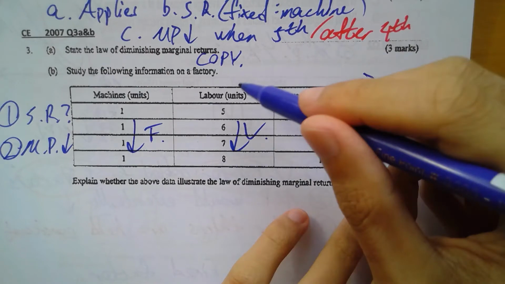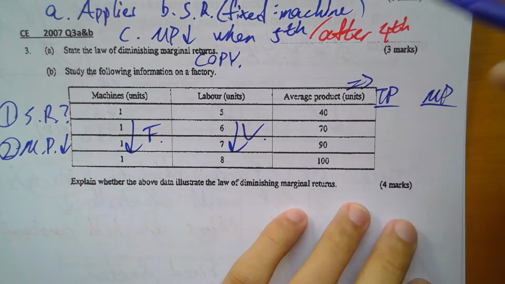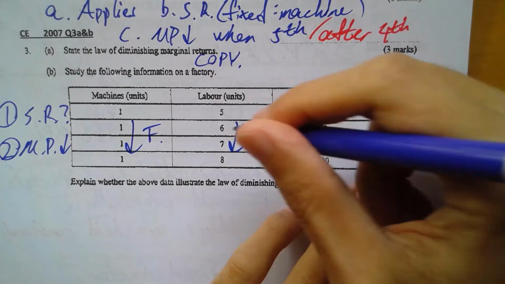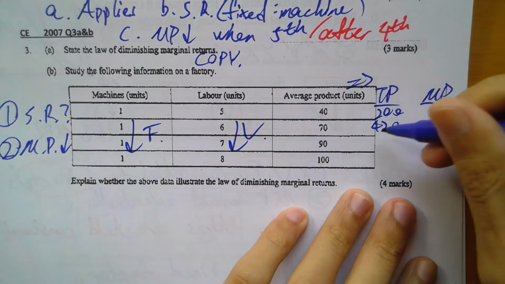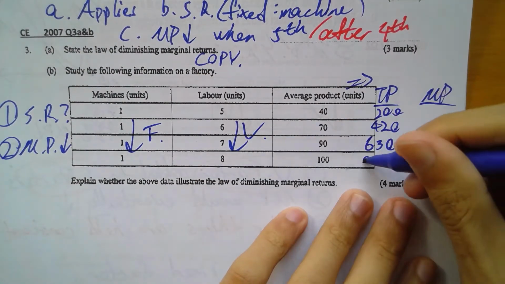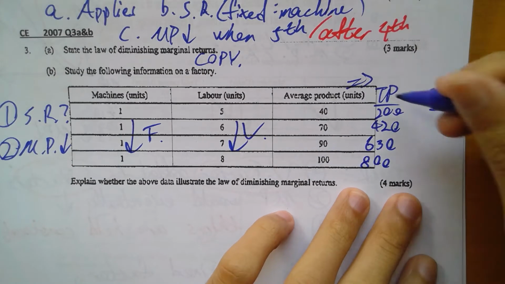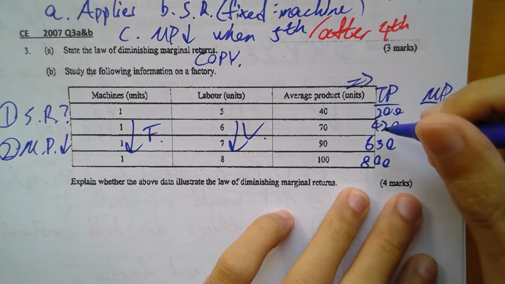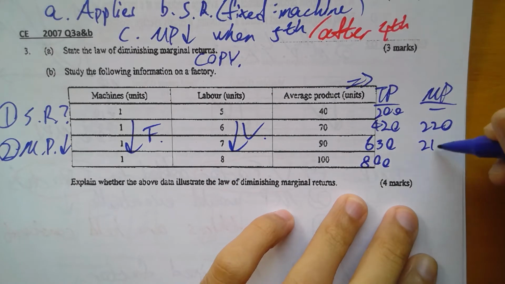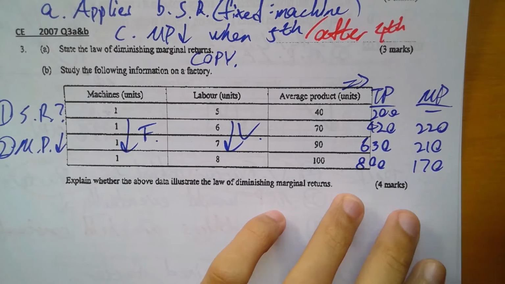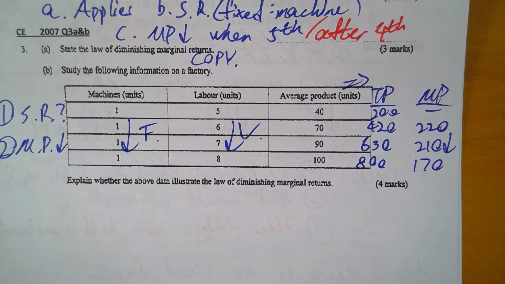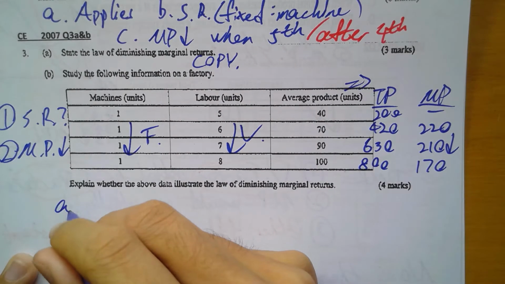remember we should multiply by the moving one. 200, 6742, 420, 9763, 630, 800, then MP. I don't know this one 220, this one 210 already, right? And this one 170, actually it has been decreasing all the way, 係咪啊？見到啦 decreasing all the way, so here applies